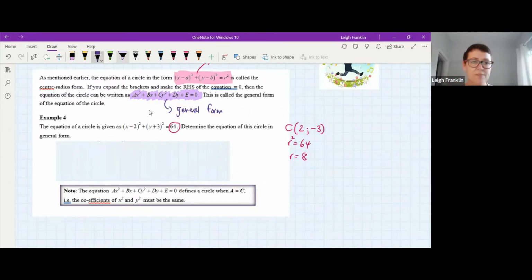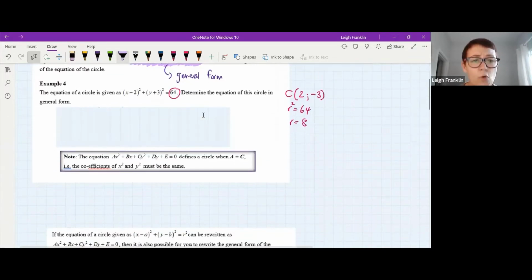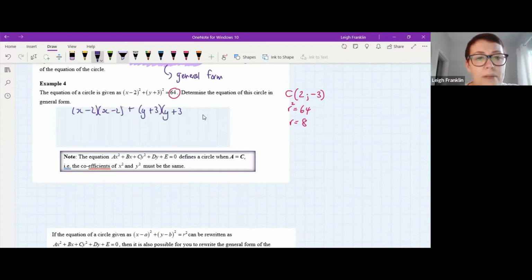If they gave us the circle x minus 2 squared plus y plus 3 squared equals 64 and asked us to write it in general form, we would multiply out our brackets. Remember, x minus 2 squared means x minus 2 times x minus 2, and y plus 3 squared means y plus 3 times y plus 3. We leave the 64 on the right-hand side for now and do FOIL. This gives us x squared minus 4x plus 4, I've taken a shortcut there, plus y squared